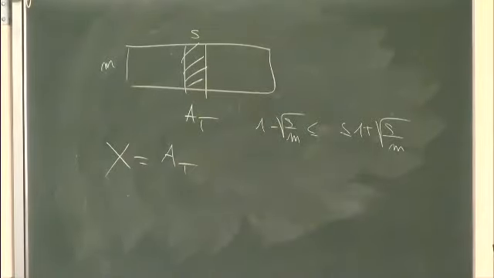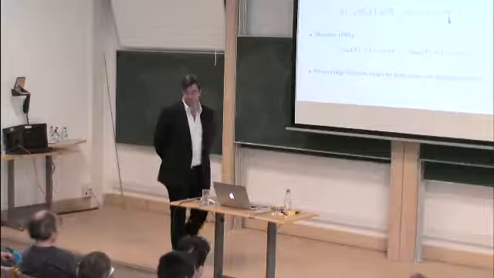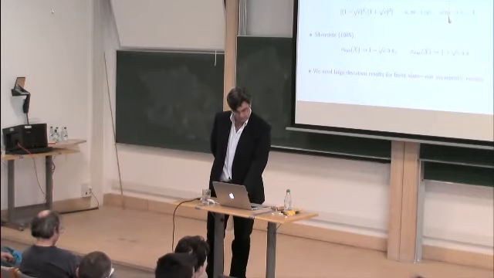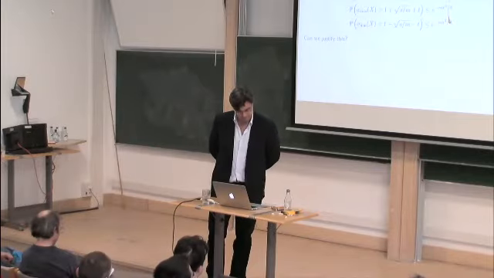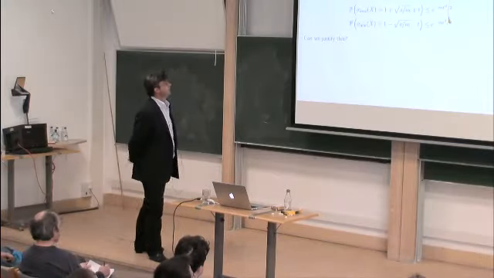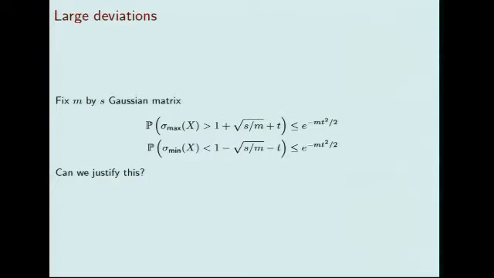The problem with these results is that, of course, they're asymptotic in nature, and we don't do asymptotics. So we really need large deviations for finite size, not asymptotic results. But for finite size, we actually have very precise concentration bounds for the top and minimum singular values of a Gaussian matrix,